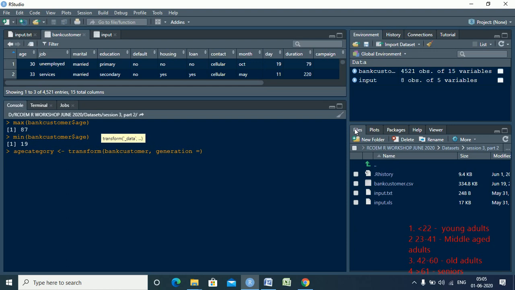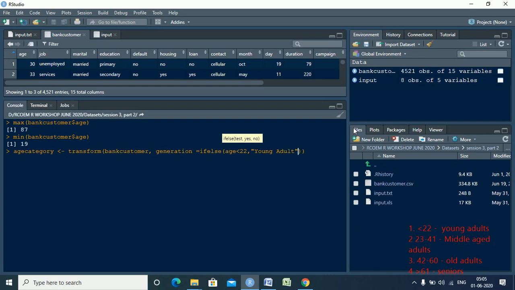In order to use that, the function that you have is called ifelse, right? So we'll first check with the first condition whether your age is less than 22. If your age is less than 22, you are a young adult, right?